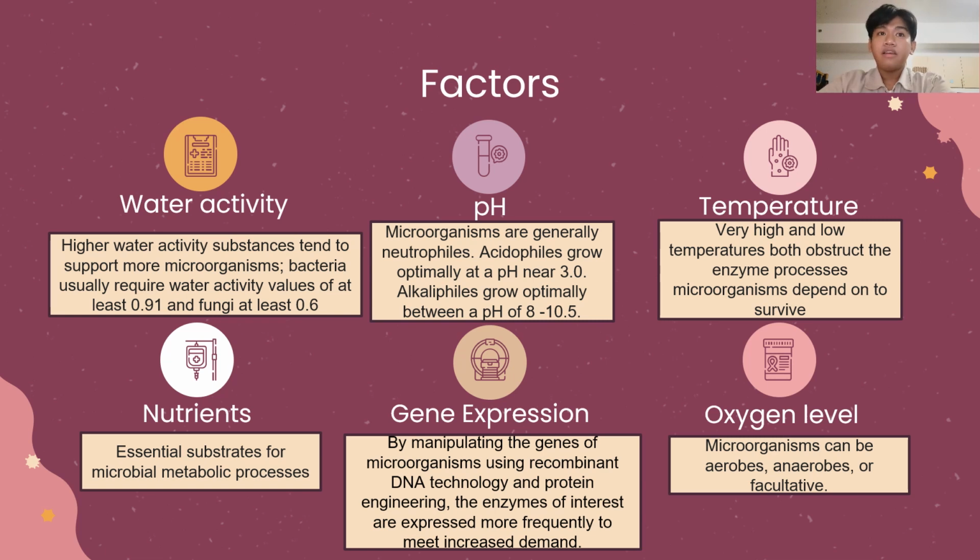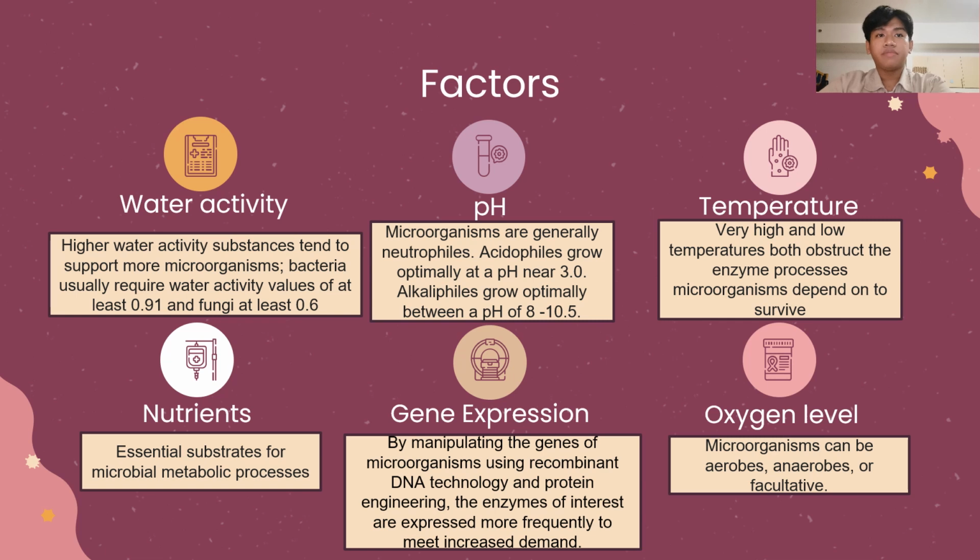Next is pH, where it is generally observed that microorganisms are neutrophiles. For cases that utilize acidophiles, a pH of around 3 is required to allow for optimal growth of the microorganism. Or for alkaliphiles, a pH in the range of 8 to 10.5 is required for optimal growth. For temperature, it is a general rule to avoid extreme conditions, as this is known to obstruct the enzyme production